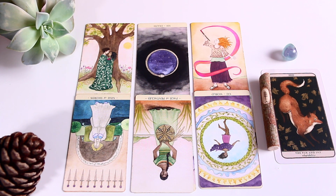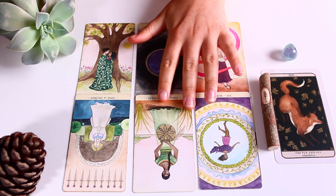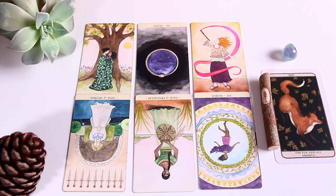And it worries you because it could be that you have lost trust in humanity because of how many times you have been betrayed. And the Page of Swords can also be speaking about boundaries, like they want you to place boundaries. And I know that this is hard, like that they know that this is hard, but they want you to remove any fears and worries that you have about people, whatever happened to you in the past, because if we continue to focus upon how we felt in the past with person ABC that treated us badly,